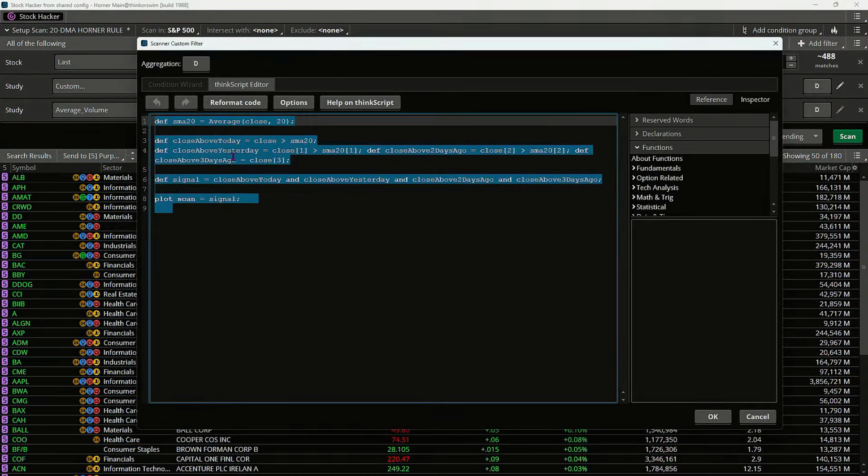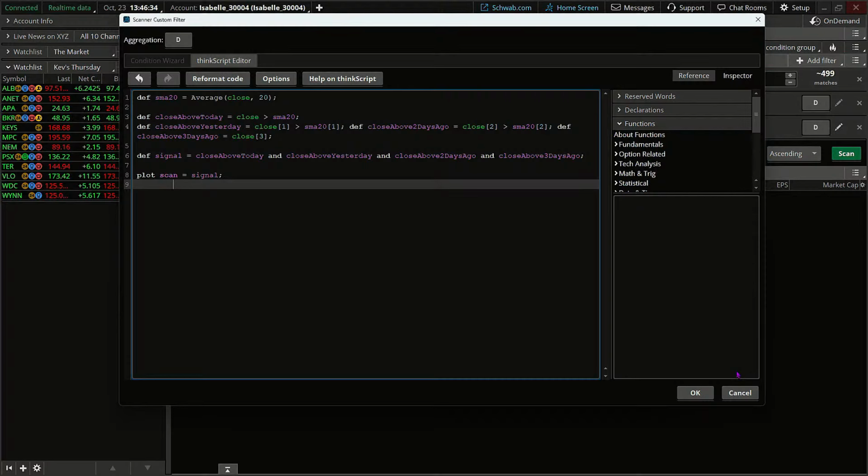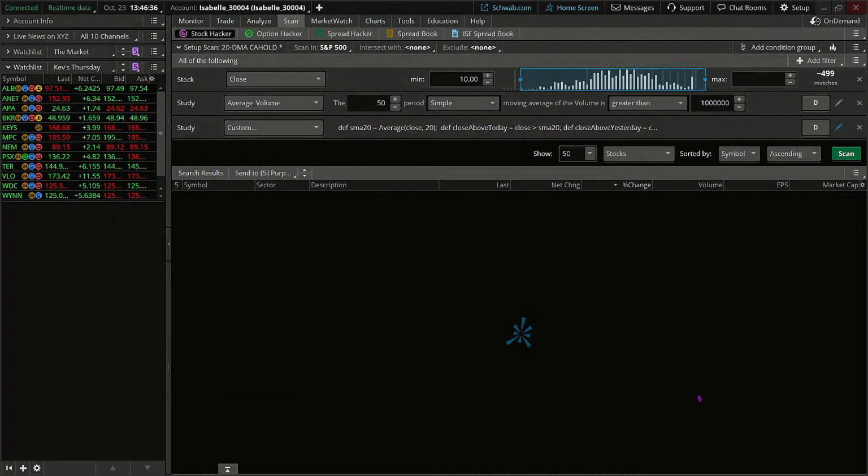Oops, I don't want to hit that. I'm going to cancel, and then go to the ThinkScript editor, copy paste, Control V, and I'm hoping that it adds that in. There we go. Hit OK. Now I've added that to my general criteria here so that I can hit scan and play with that additionally.